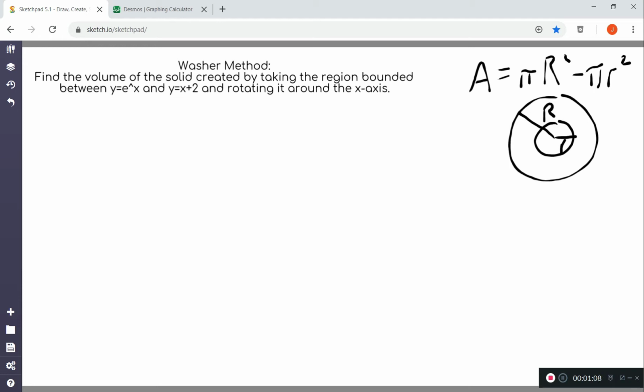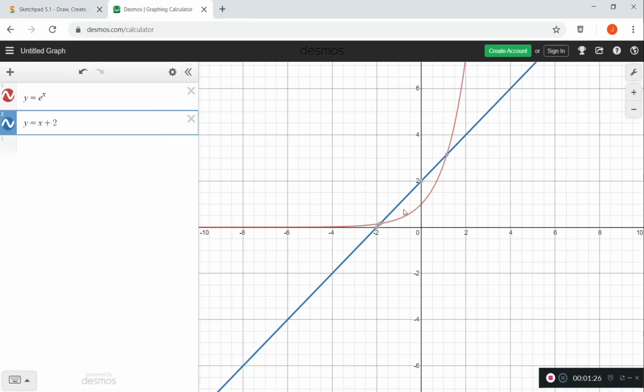So why would we need that? Let's look at our problem. Find the volume of the solid created by taking the region bounded between y equals e to the x and y equals x plus 2 and rotating it around the x-axis. So I have a graph of those two curves pulled up, and we can see they have this bounded region between them. Okay. If we visualize the rotation of that around the x-axis,